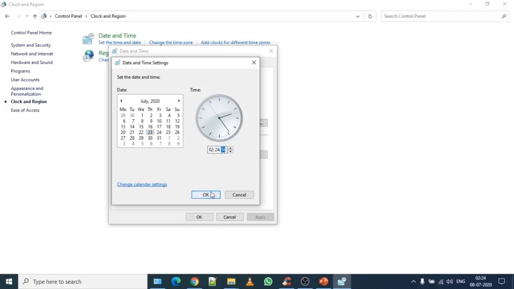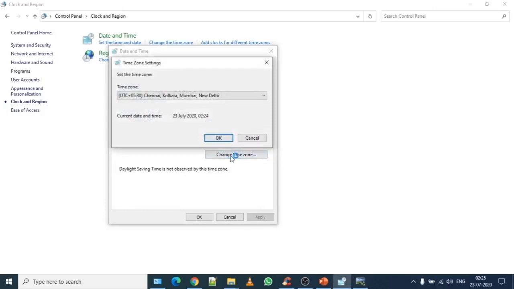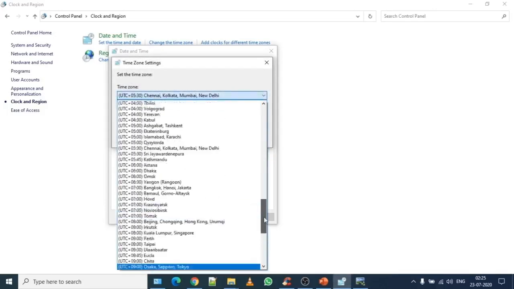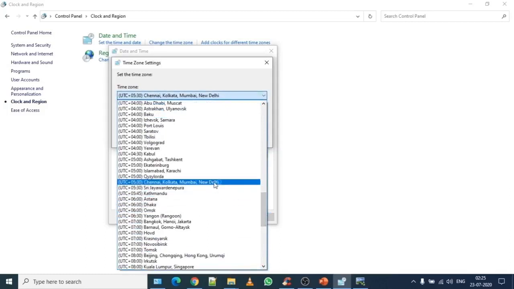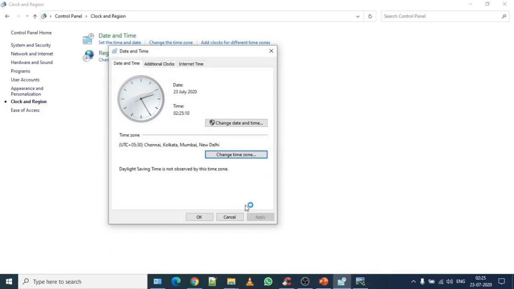Once you are set, click on OK, and in the time zone area, click on the change time zone button and select the proper time zone for India, as it has already been selected. Once it is done, click on OK. If the changes that you made are correct, you will find the apply button is activated.